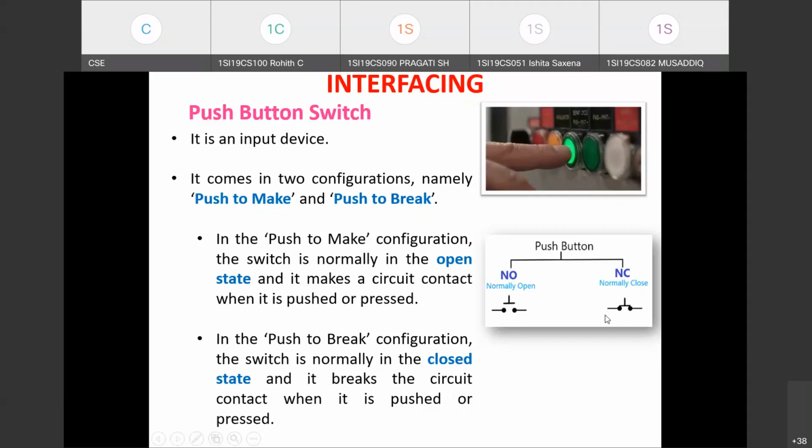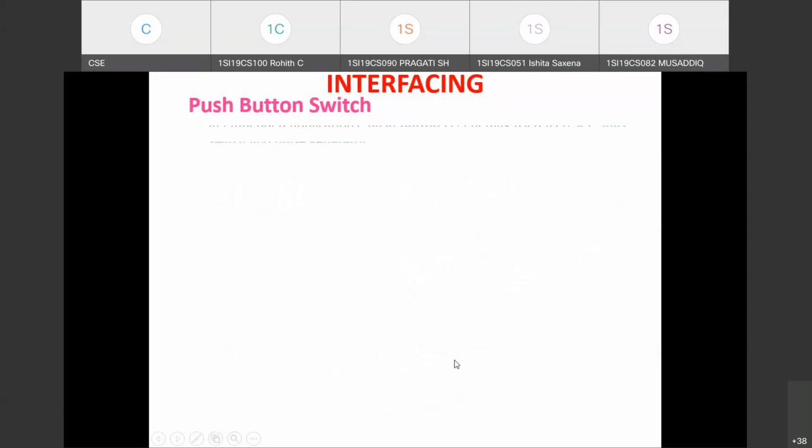So these are the two configurations in which push button switch comes, push to make and push to break. This is just a circuit symbol you are seeing for the switch, right? Coming to the applications of push button switch, as I just mentioned, in embedded applications, this push button switch is used as a reset, start switch, and pulse generator.